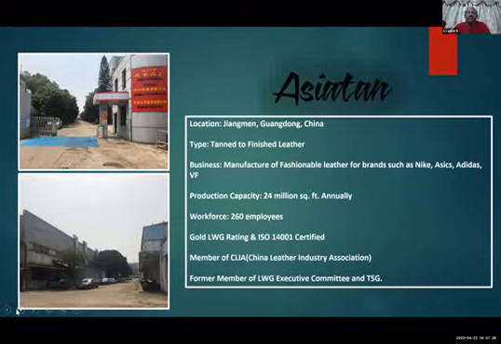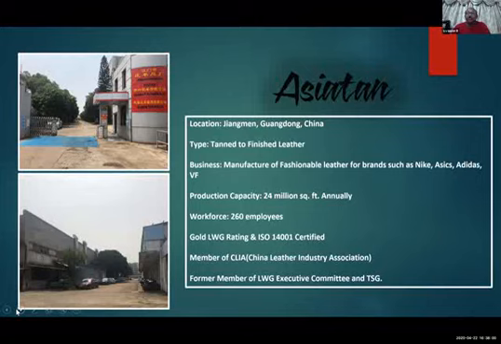Production capacity right now is 24 million square feet. We are running at 15 to 16 million this year, and we have a workforce of 260 people. On the environmental side, we have been a continuous member of the Leather Working Group since 2007, and we are a gold rated tannery.